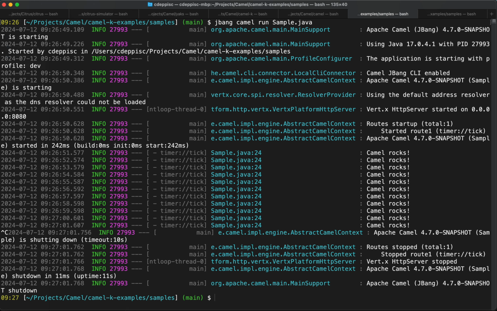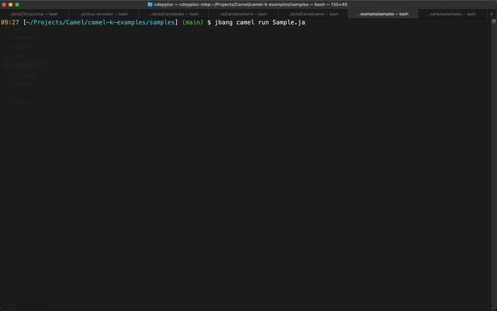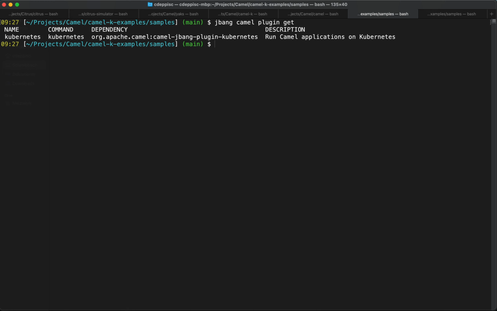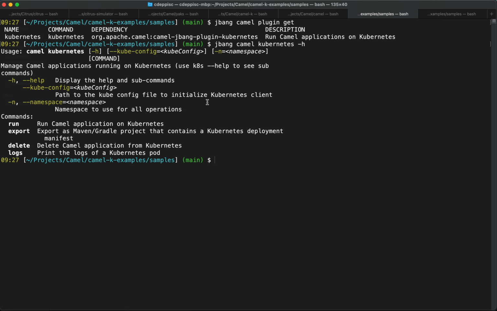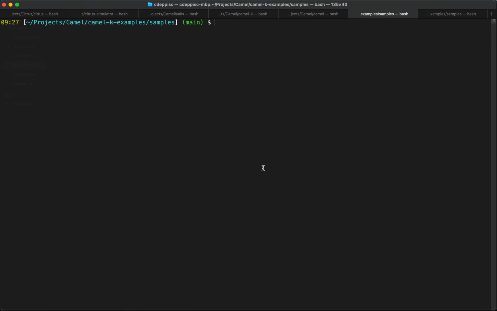So the Camel JBang provides the concept of plugins. There's a new plugin which is called Kubernetes, and I have also installed this Kubernetes plugin already. And this gives me the opportunity to say camel kubernetes. Let's have a look into the available commands. We have some subcommands here like run, export, delete, and logs. And with this plugin, I can just say kubernetes run